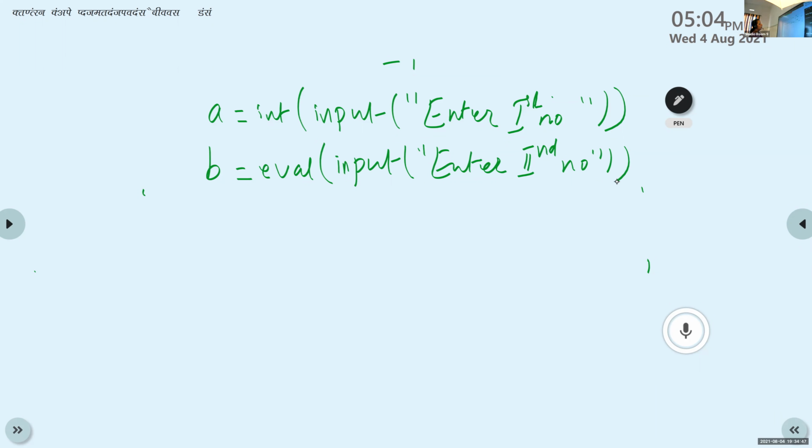Sayujya, read the next statement. Sanjana, read the next statement. R is equal to A plus B. Then Rahul, read the next statement.